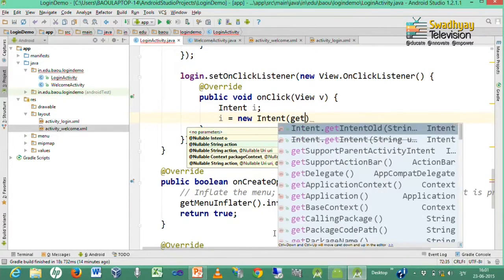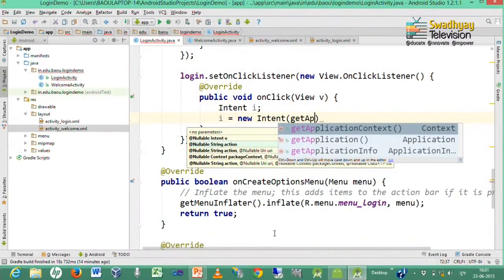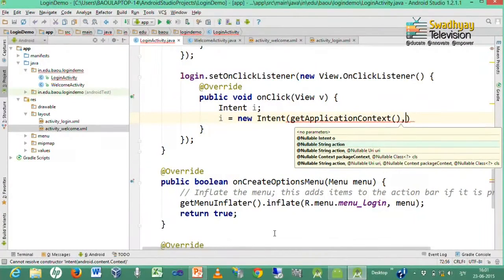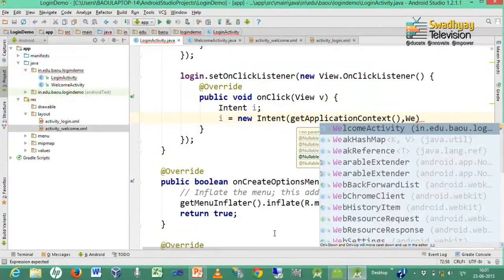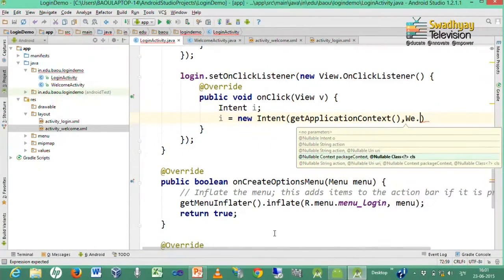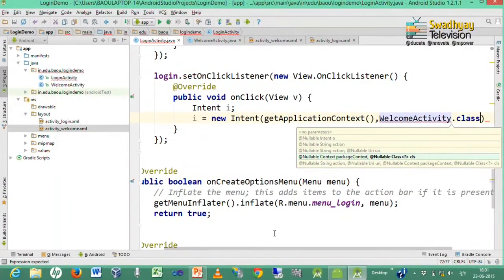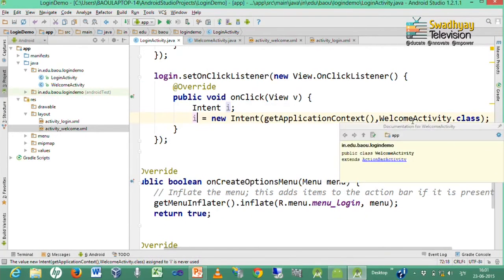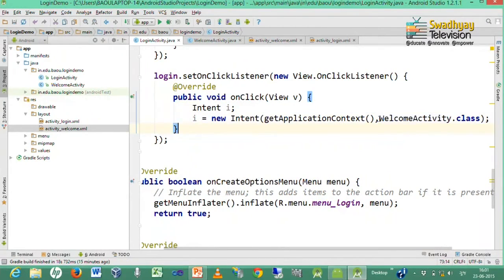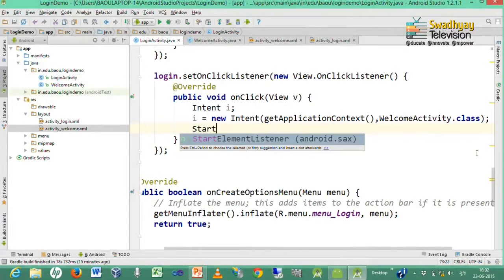Here we provide two arguments. First is application context and second is activity that we want to start. In this case it is a welcome activity. So, welcome activity dot class. So, this intent is meant for starting the activity which is specified as a second argument, and you can call start